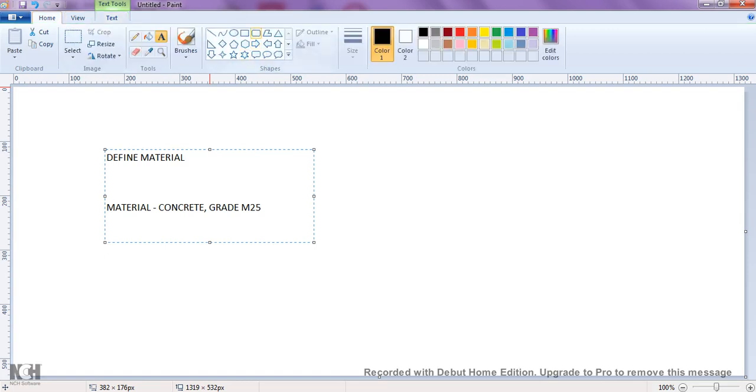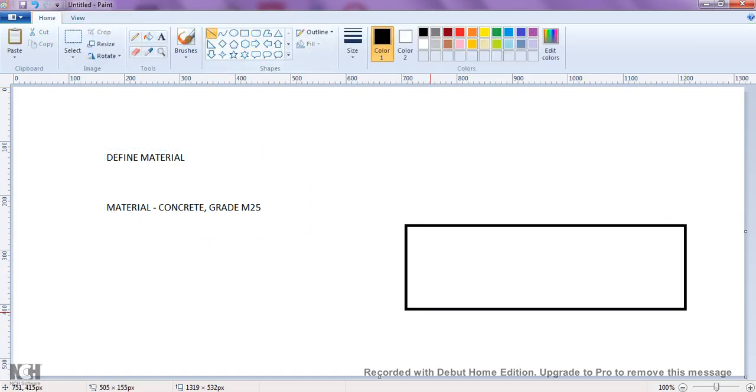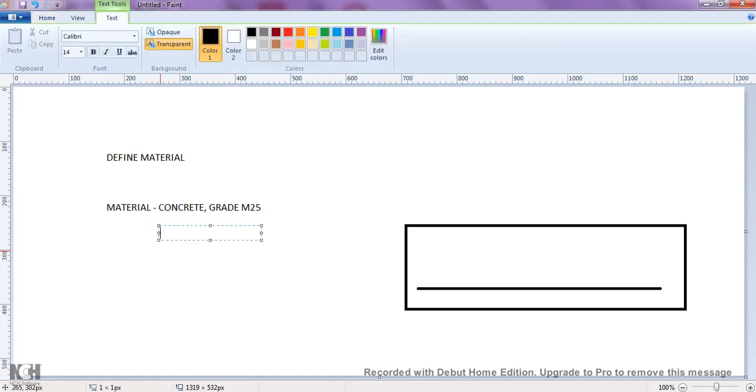So if you take this as my beam, these are the steel bars, these are called rebars. So after defining concrete of grade M25, next I need to define the rebar, and its grade is also required. Generally now 500 grade is available. 415, okay.